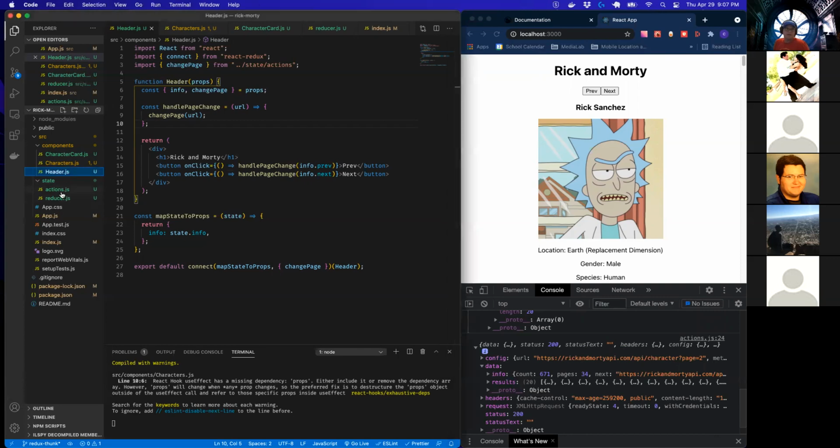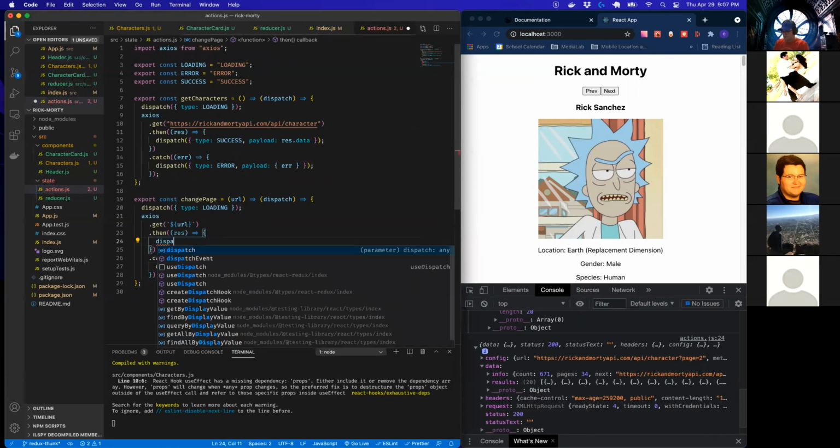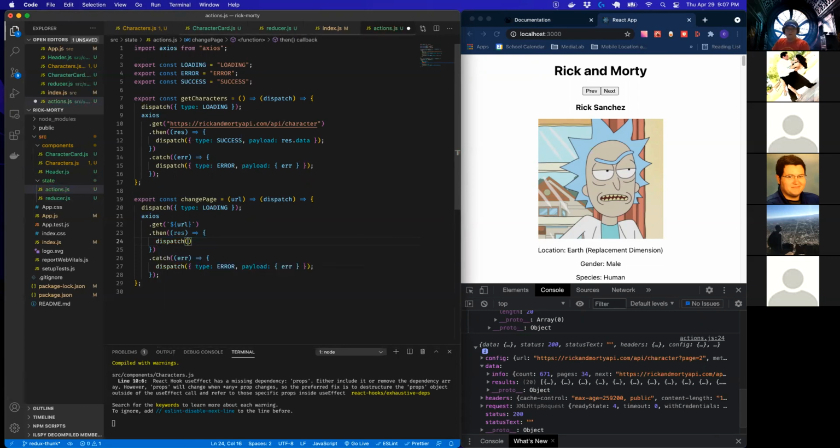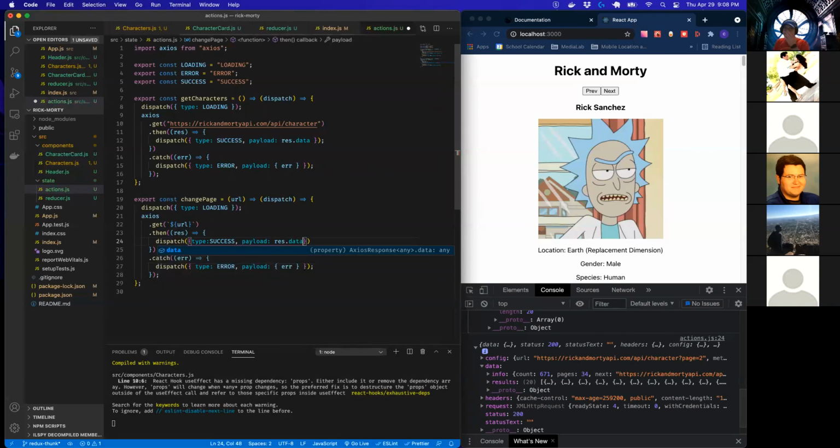We can hop in here, and on our happy path, in dispatch, the type of success again. Because that logic in the reducer is going to be exactly the same. If we do that,